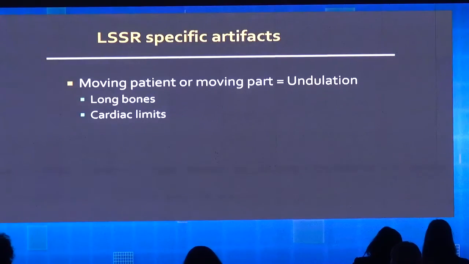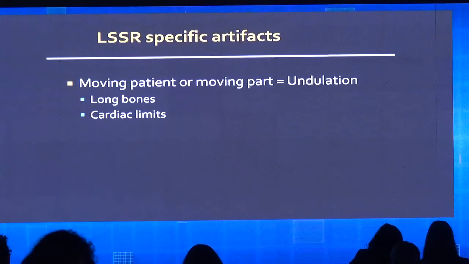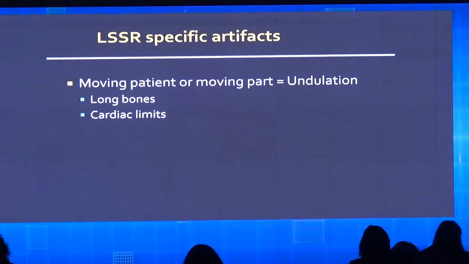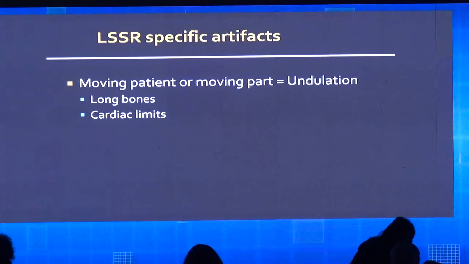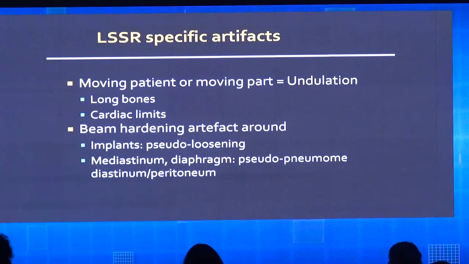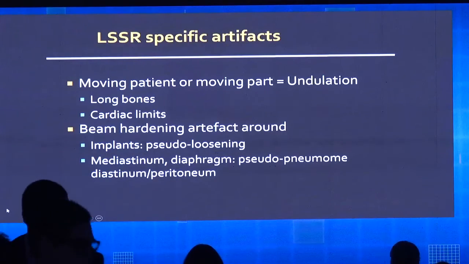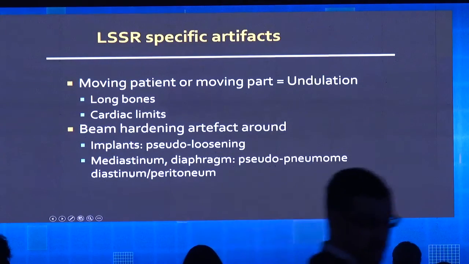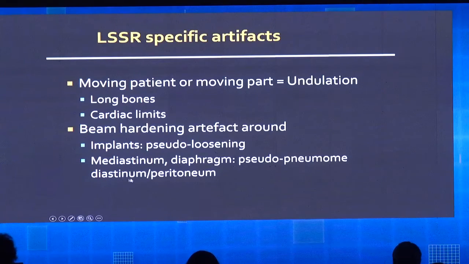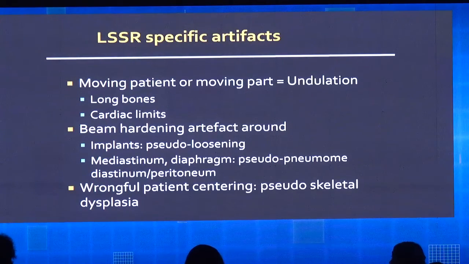Nevertheless, there are specific artifacts, but they are not the artifacts we are used to seeing in X-ray. There is very limited problem of under- or overexposure. When the patient moves, there is no blurring, but you have undulation. You have some beam hardening artifact around implants and around the mediastinum and the diaphragm, which may cause pseudo-pneumomediastinum or pseudo-pneumoperitoneum. And if the patient is not placed correctly in the center of the booth, you may have some